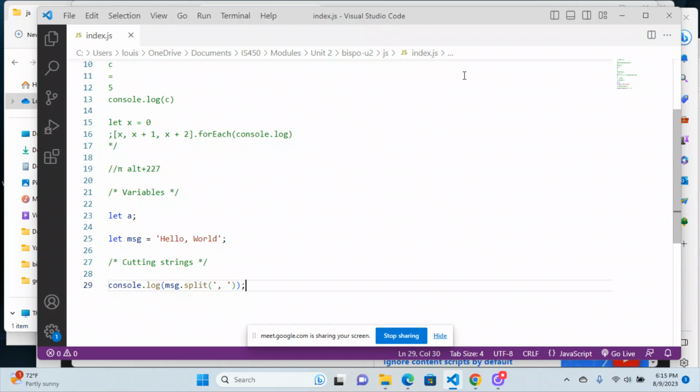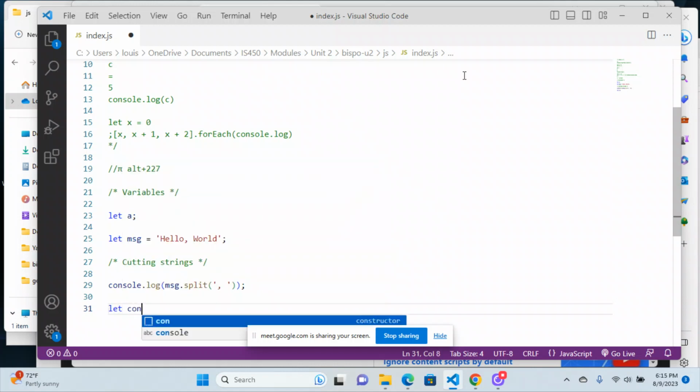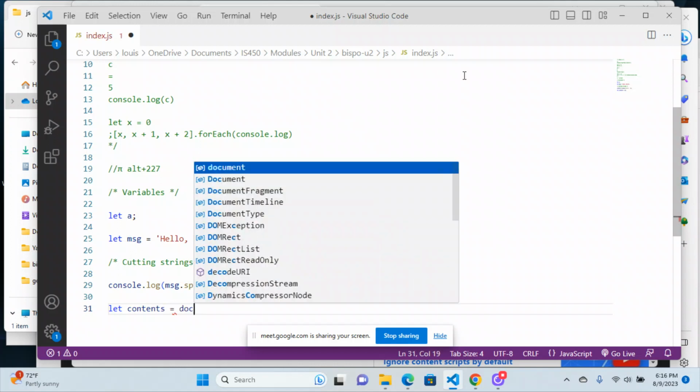Number 2 of cutting strings, declare a variable named contents. Okay, I know how this one starts. Let contents. Assign this variable the inner text of the document, which you can retrieve with document.body.innerText. So this is the part that we hadn't learned before and is not in chapter 3, which is why I gave you the actual code to get this done. So let contents equal